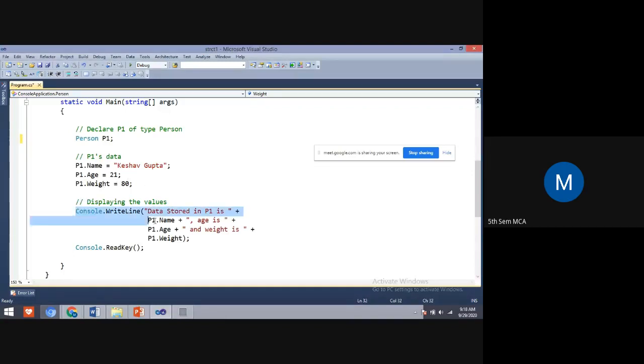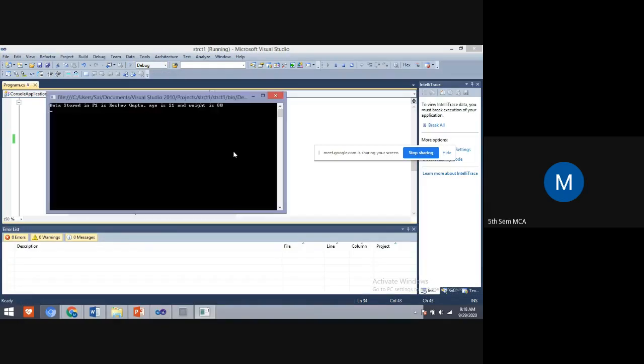And the same thing we are displaying with the Console.WriteLine statement: the stored data of person 1 is P1 dot name, P1 dot age, and P1 dot weight. When you display this, the data stored in P1 is: name is Keshav Gupta, age is 21, and the weight is 80 kg.